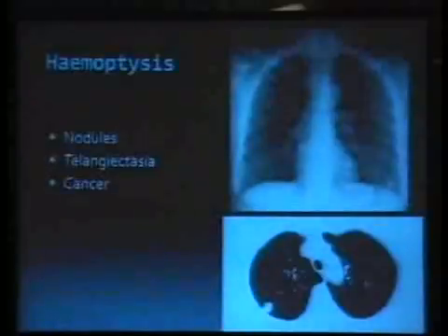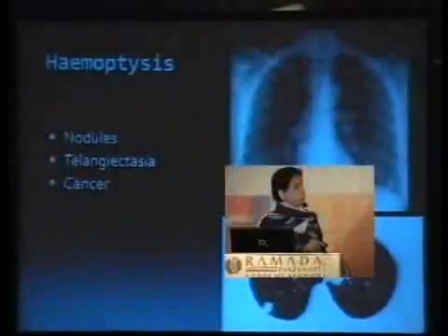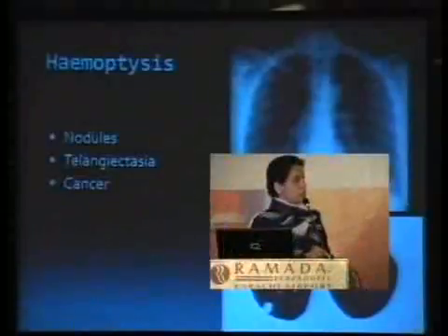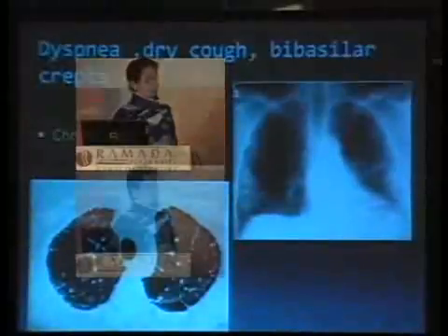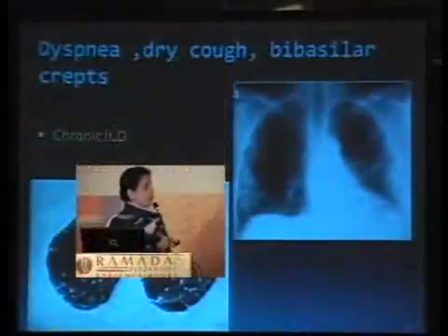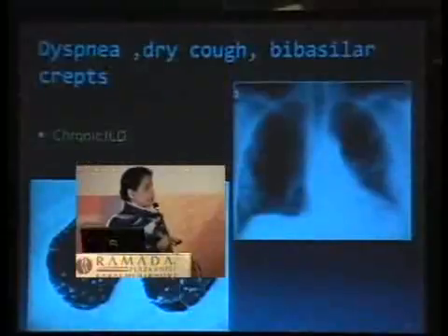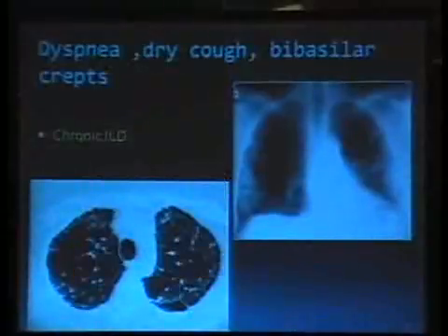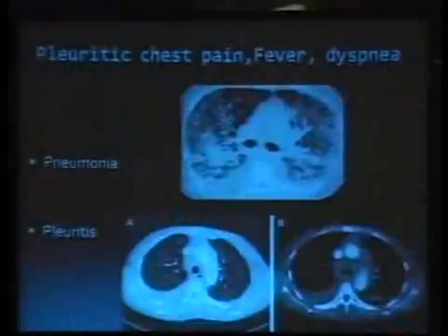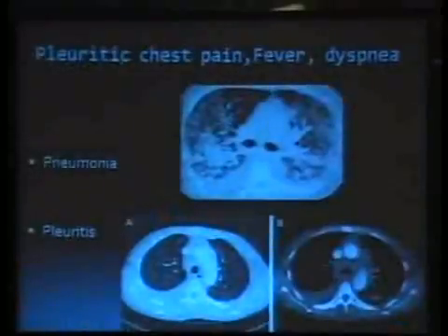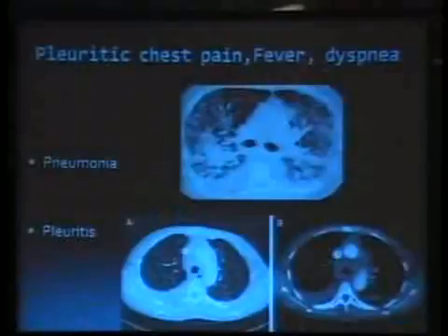Sometimes people will present with hemoptysis, which comes from rheumatoid nodules that cavitate, from telangiectasias, or from bronchogenic cancers. And the most frequent presentation, which is of shortness of breath, dry cough, bibasilar, fine Velcro crepitations, which is the chronic interstitial lung disease presentation of bilateral lower zone fine interstitial markings, and on the CT scan, interstitial prominence with honeycomb lung. And lastly, an acute presentation of pleuritis with chest pain, fever, dyspnea, sometimes due to pneumonia and associated effusions, and sometimes due to